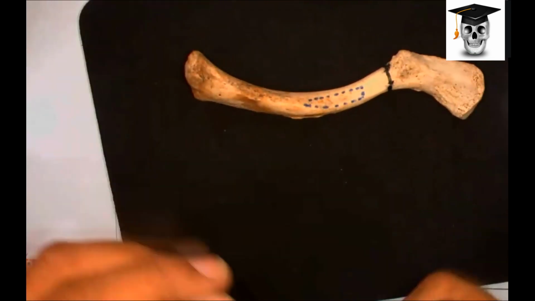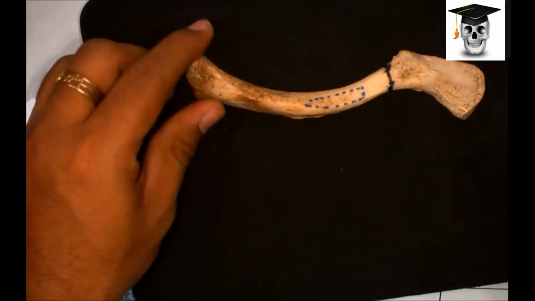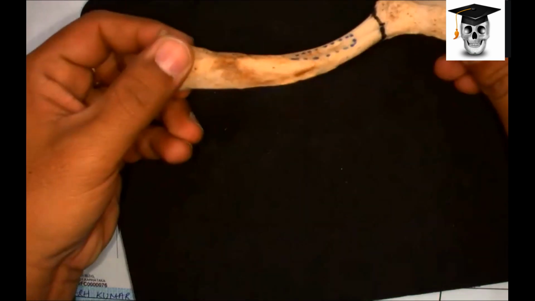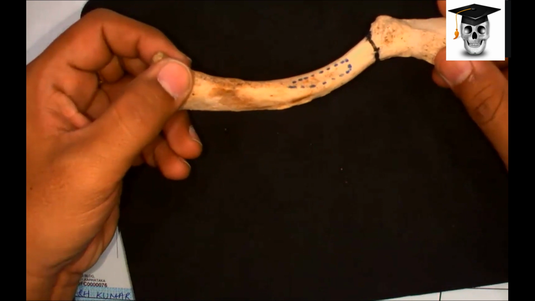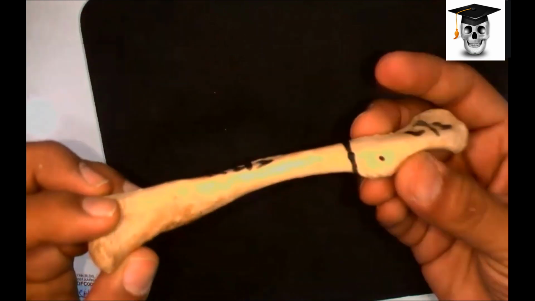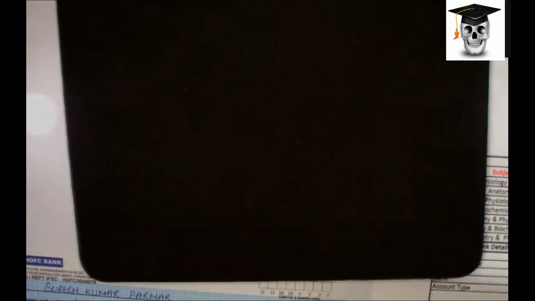Now, since I am calling this the inferior surface, you put the bone in anatomical position. So that is inferior. I am keeping this dotted line inferiorly, so this inferior surface is the dotted line which I marked. This is your subclavian groove, which I just marked. The subclavian groove is located on the inferior surface, and the medial end of the clavicle is broad and quadrangular, the lateral end is flat, and the intervening shaft from medial to lateral is convexo-concave.